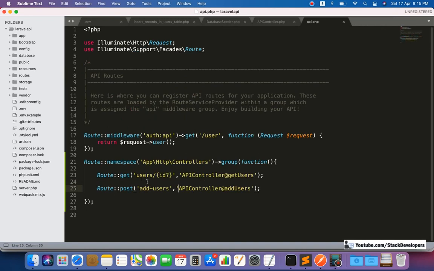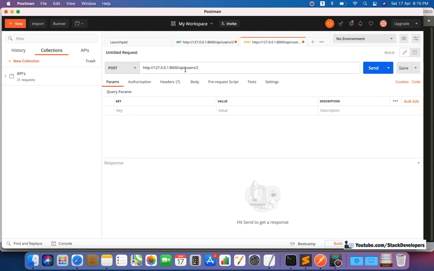It is add users, so the URL will be api/addusers like this. Make sure here we are using Post. Second thing is, this is our Laravel URL that we are running on, this is the port. Make sure that you have entered the correct Laravel URL.